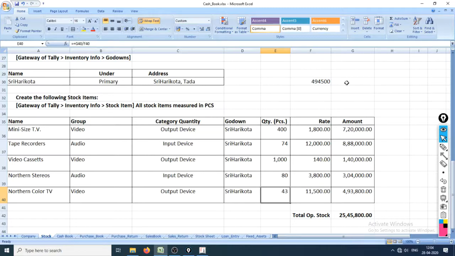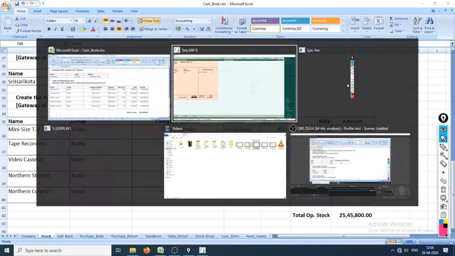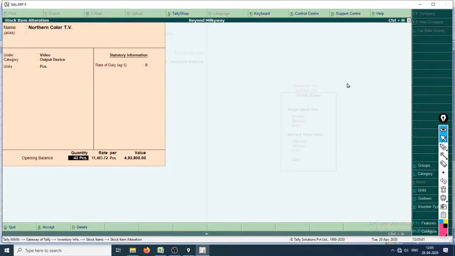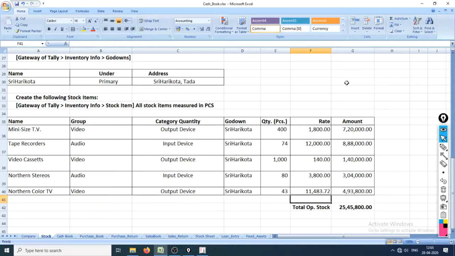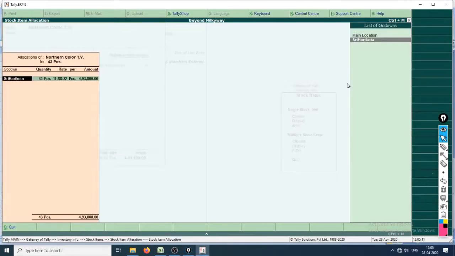Okay, and yeah, so it's 494,500. How to change it? Hence, to bring it to 493,800, this should be 11,483.72. 11,483.72 per piece. Okay, let us accept this tally correction.